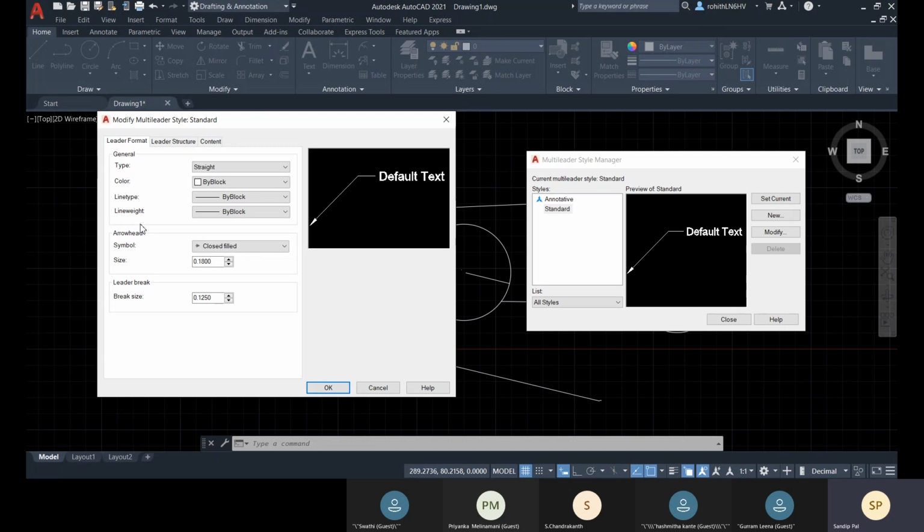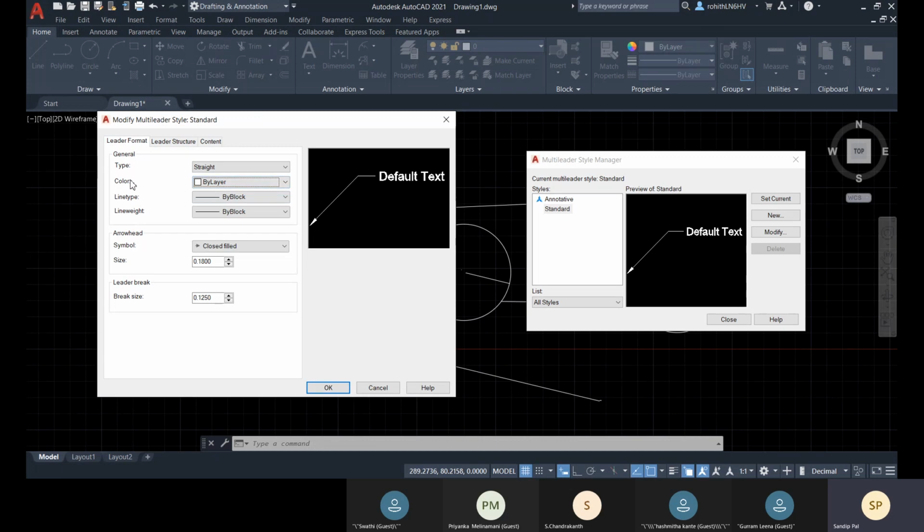So you can understand that this is for the leader line, and we have arrowhead and leader break. The leader line type is straight, and it can be spline. You can mention some color, if this should be red. Okay, so it is by layer.